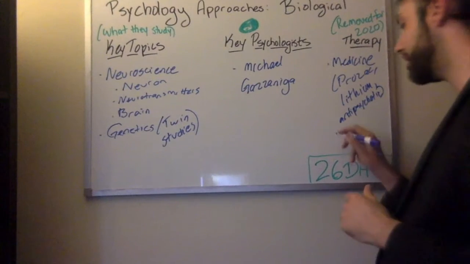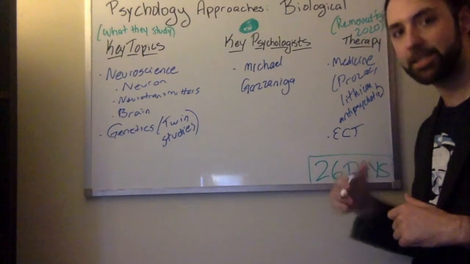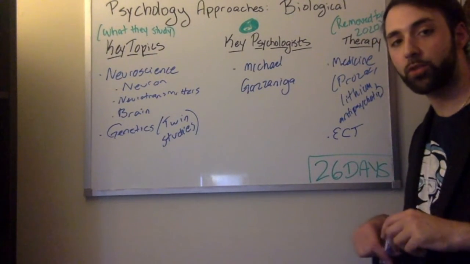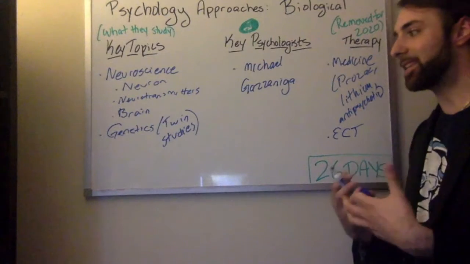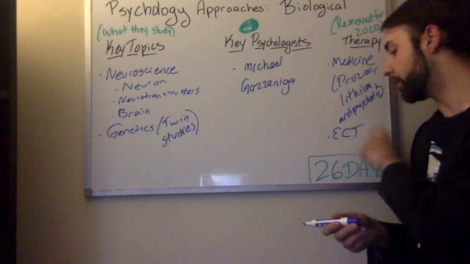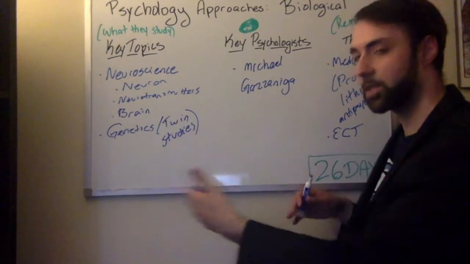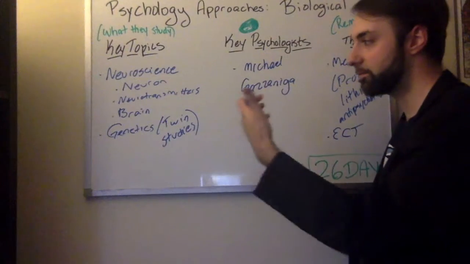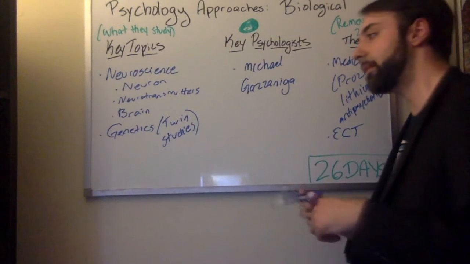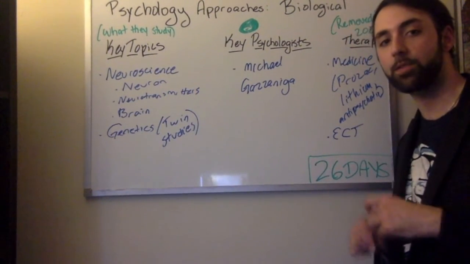Another one that's technically an example would be electroconvulsive therapy, or ECT. We talked about this back in Unit 7, but that's particularly useful when treating treatment-resistant mood disorders like major depressive disorder. That would be an appropriate example when ECT would be used. But that also tries to, as we kind of alluded to back in Unit 7, almost turn the brain off, turn it back on, and hopefully that can be used as a treatment method. But that again goes back to a key topic that a biological psychologist would study.